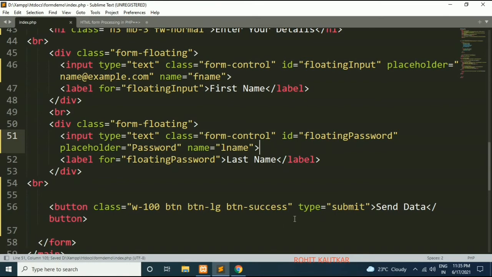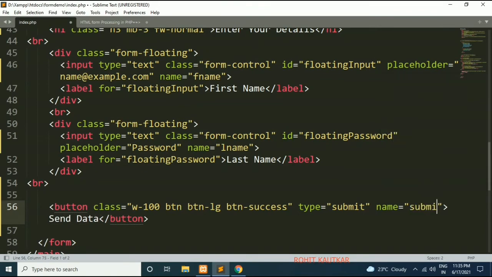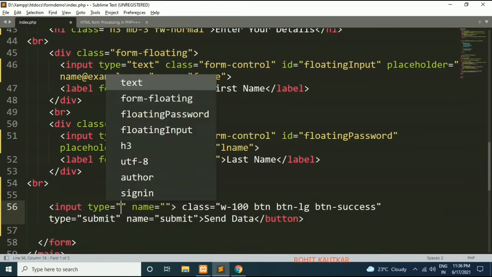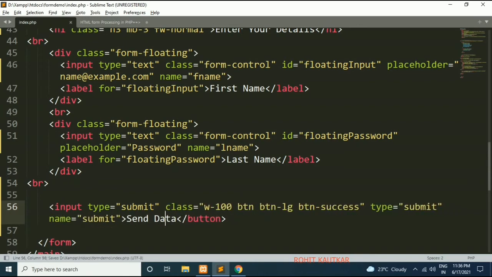Like this we specify names for our controls, and at last I will specify a name for the submit button, let's say submit itself. One more thing I need to change: I will type input type submit, remove this, and instead specify value as send data.